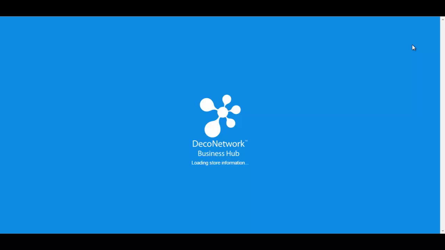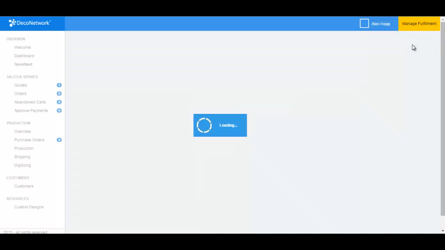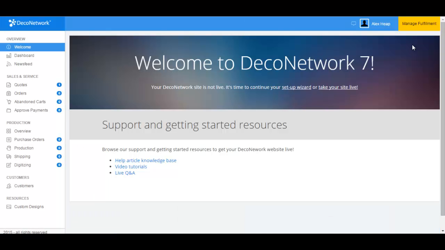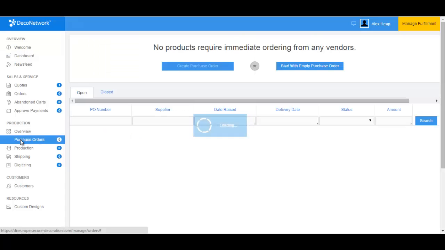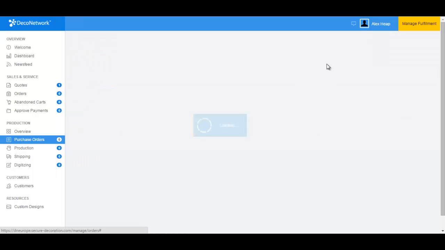I'm going to show you how you can create a purchase order without an order associated, and I'm also going to show you how to create a purchase order from an order from your customer. So first of all, on the left hand side here you'll see this purchase order tab. If I click this and I select start with empty purchase order,